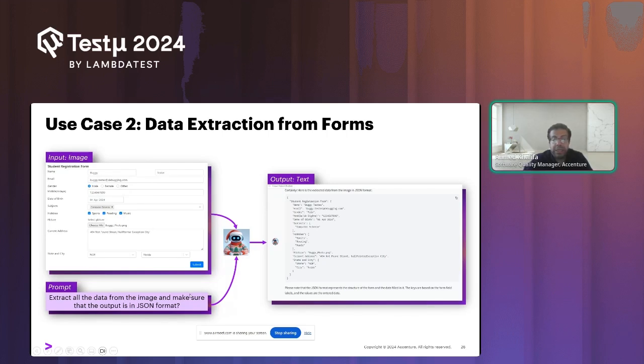But maybe in the future, we could have something like this where you just need to extract the data, and this is your reference data. Next time, if I have any change in this data, I could compare between these two JSON files. So it's something coming out of the box from the large language model that we could leverage in data extraction and assertion, for example. So this is the second use case.